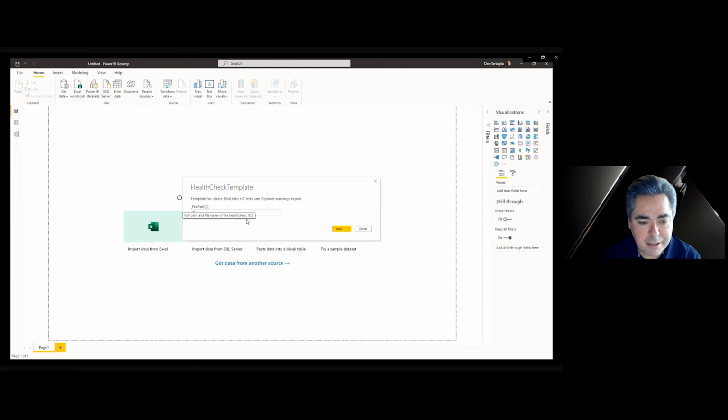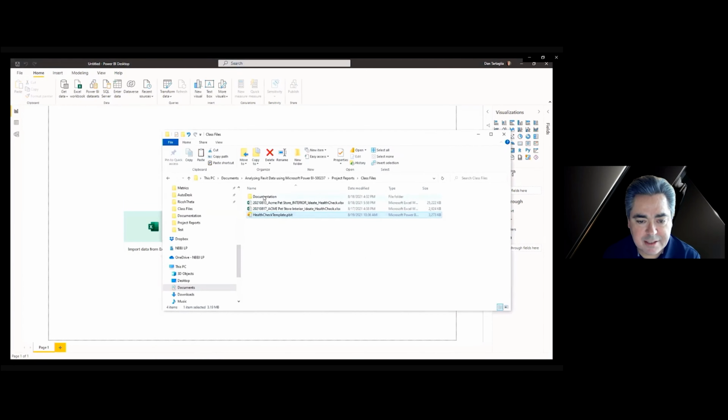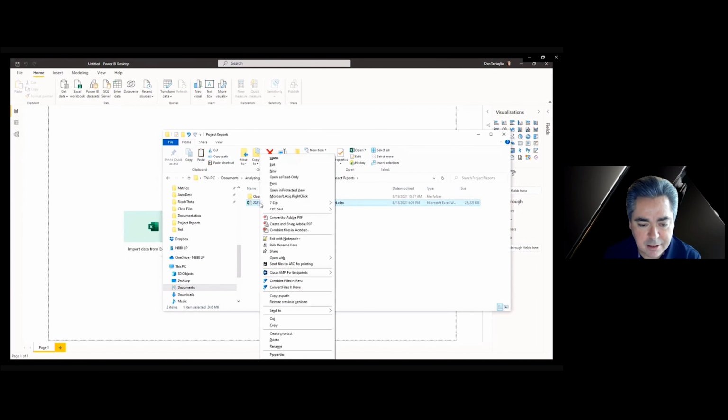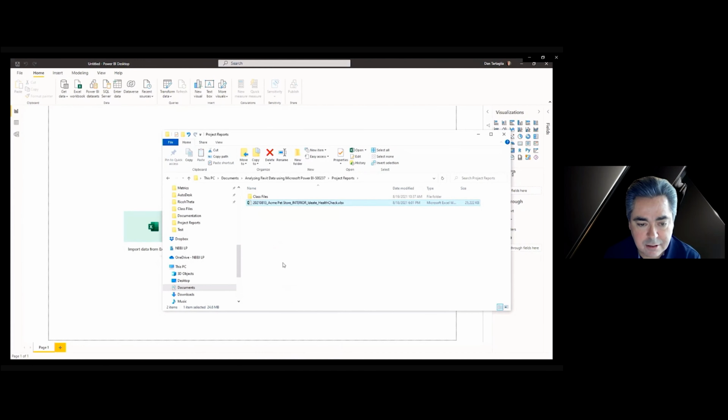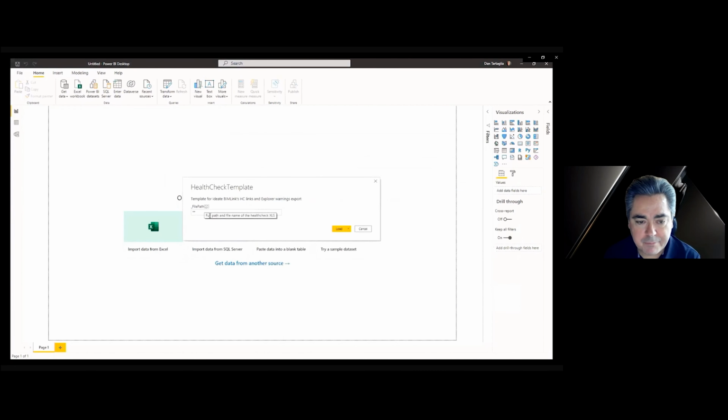So what we're going to do is go back to Windows Explorer. And then there's a little trick to get the full path of the file. If you shift right click on a file, you can get the full path into the Windows clipboard. So if I shift right click, I can go down to copy as path and get the whole path to that file. Go back into Power BI and then put it in there. And get rid of the quote at the back and at the front of the string as well. And then I'll hit load. Now it's going to load all the data into Power BI.